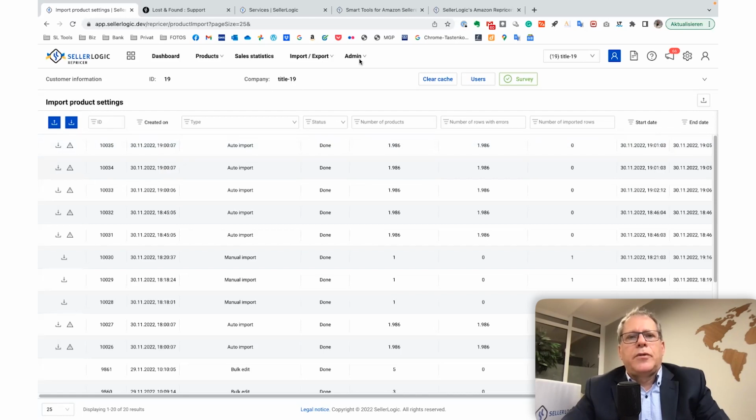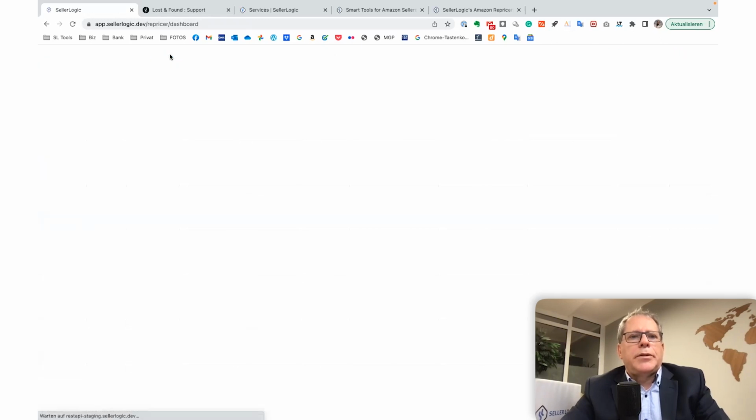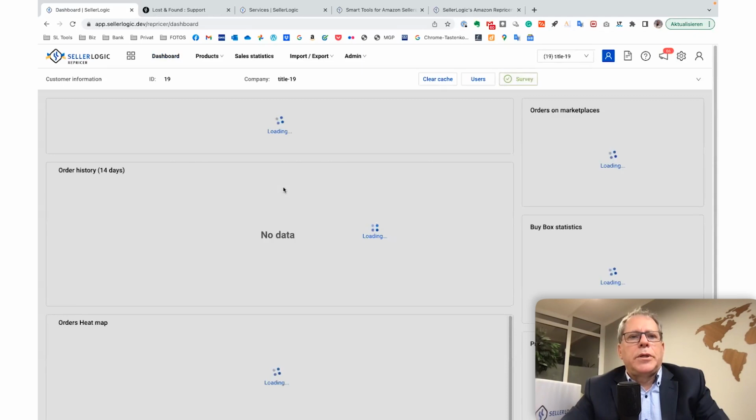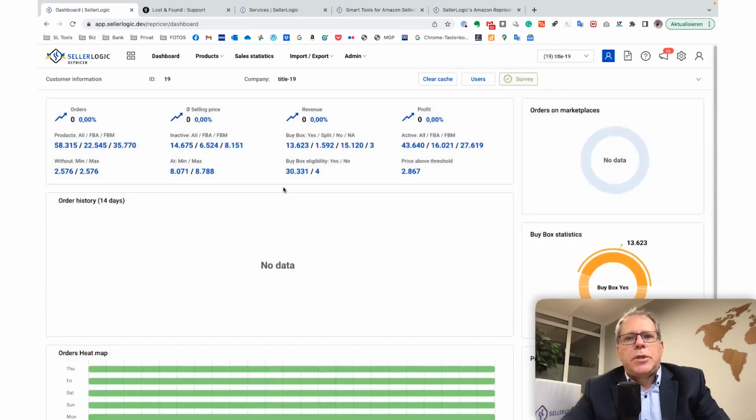Yeah, and then you can go for it as well by uploading your own CSV file at the very beginning to give all that information, not in a manual way. This is what we can do in the Repricer. I would like to give you a glance of going to the dashboard scenarios,